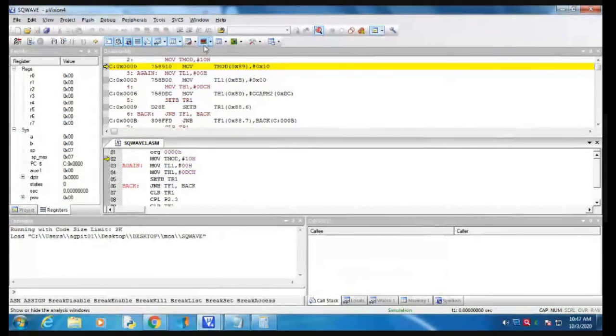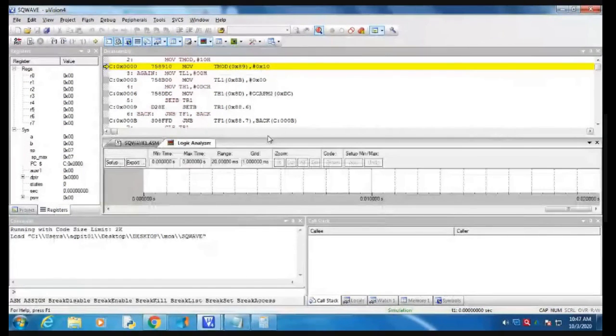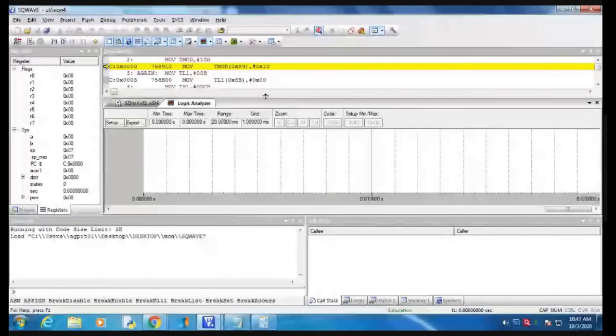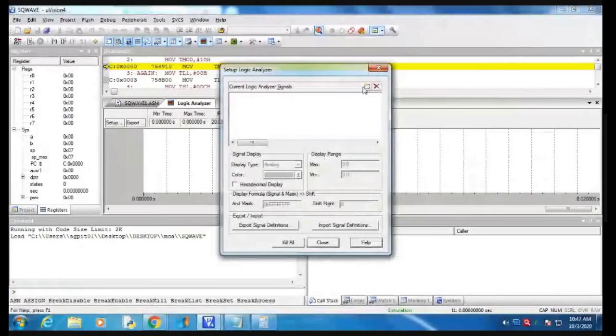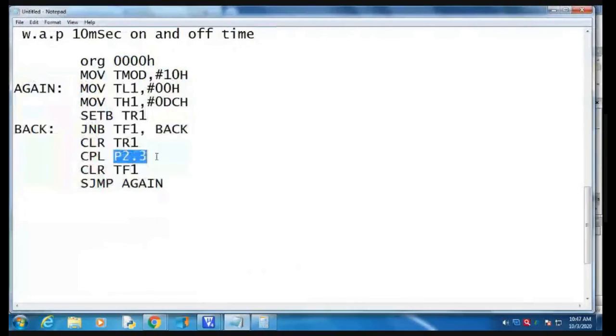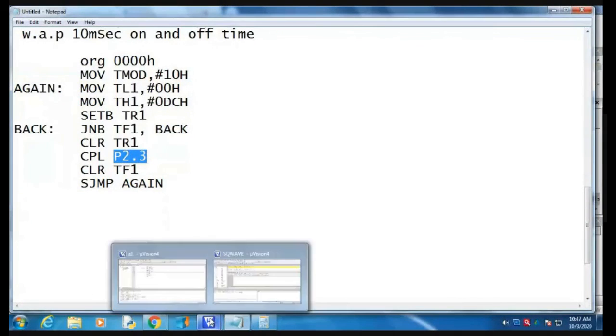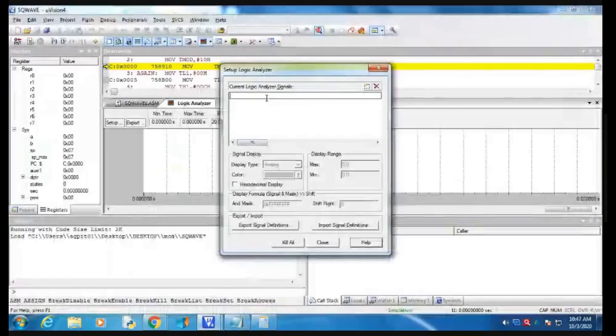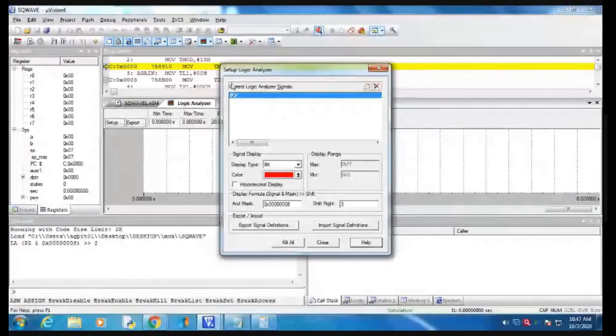We require a logic analyzer to view the square wave. Here we make the setup. Which port do we define? P2.3, port 2.3. It is defined with a red mark.